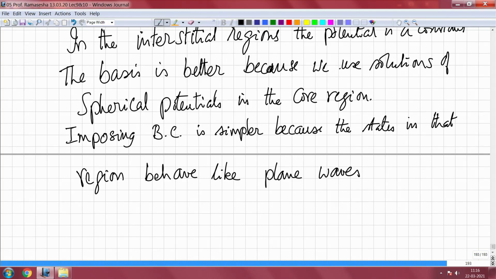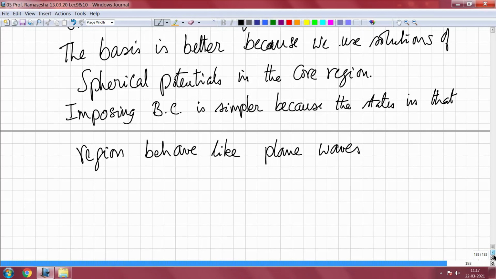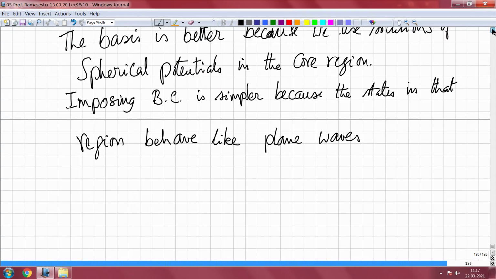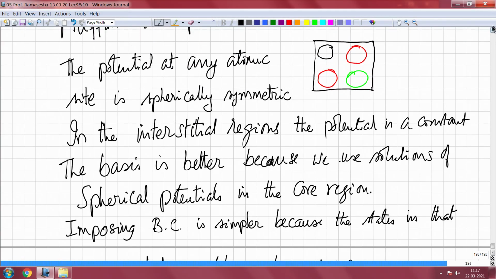Now, the question is how one goes about constructing the spherically symmetric potential, and how one deals with the basis; that is the problem one really faces in muffin-tin potential based methods. Essentially, we have a contribution from all the neighboring atoms. For example, if I am considering this atom and these are all the neighboring atoms, the contribution of the potential from the neighboring atoms to this particular atom is only a spherically symmetric component as viewed from the origin of this point.